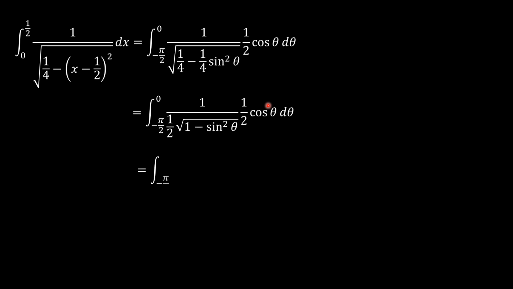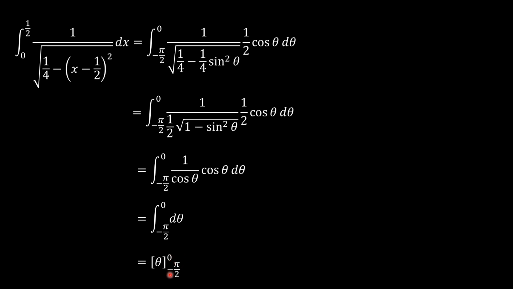So we now have the integral from theta equals negative pi over 2 to theta equals 0 of 1 over cosine theta times cosine theta. The cosine thetas cancel definitely, and here we have the integral of 1 from theta equals negative pi over 2 to 0, which is now